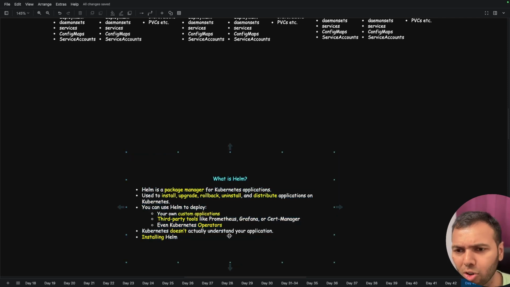Similarly, when I talk about complex tools like Prometheus, they all have their respective Helm charts, which allow you as an end user to just click and deploy that component. So if I have to deploy Prometheus onto my Kubernetes cluster, I will just use the Helm chart for Prometheus